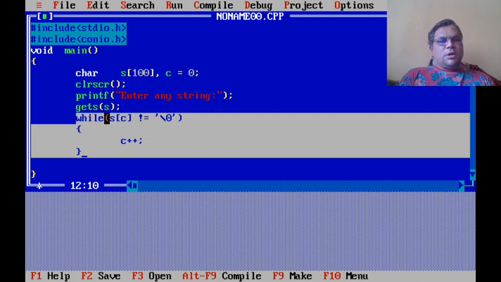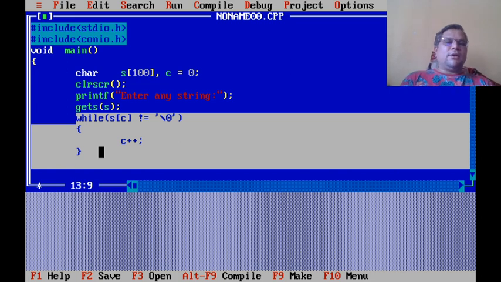Then again it will compare s[1] with the null character, not matching, the counter will be incremented. Like this, we will keep on comparing every element with the null character. Every time the match is not found, we will increment the counter. The moment this condition is false, that means the element value is equal to the null character, the repetitions will be stopped.